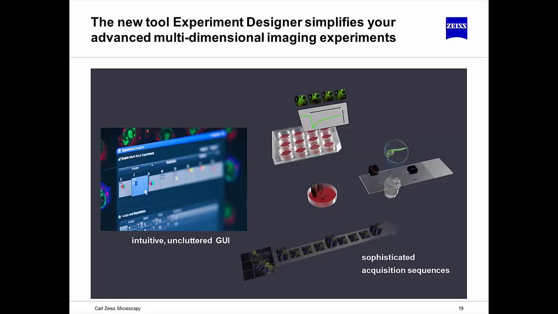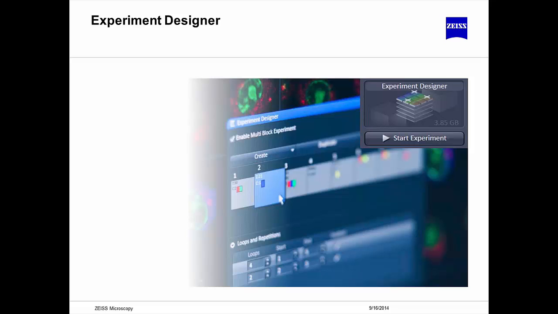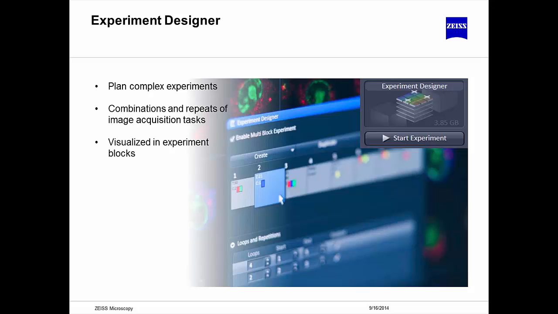Another new feature of the LSM 880 is the experiment designer. As systems have evolved, over time people need to do more and more repetitions in order to get their data published. And what we've done with the experiment designer is we've tried to make an intuitive GUI so that you can design repetitive experiments with complicated experiment routines. So what the experiment designer allows is for you to plan complex experiments where you combine and repeat image acquisition tasks, and you can see all of this in a graphical element where you can track how you've set up